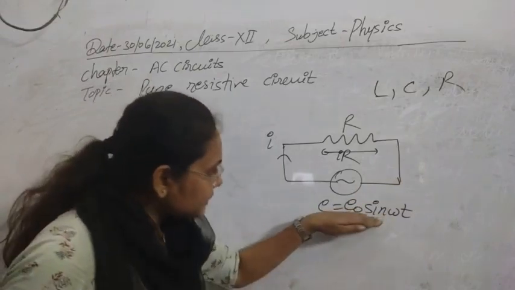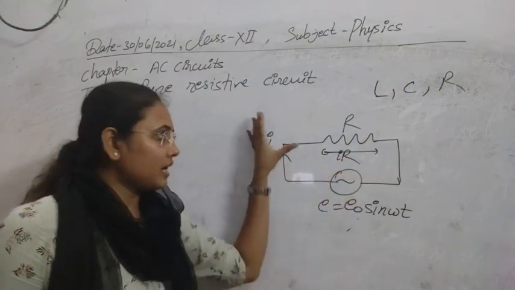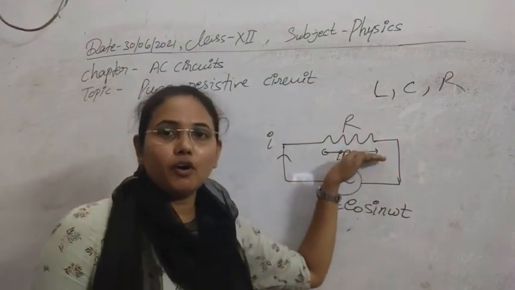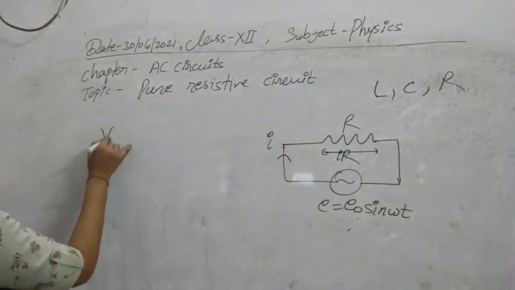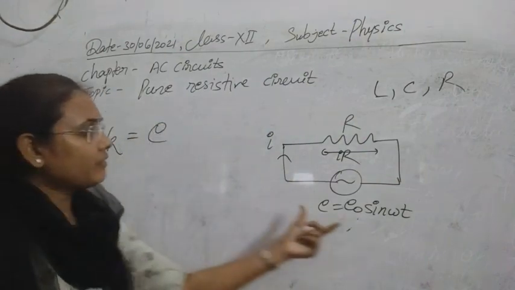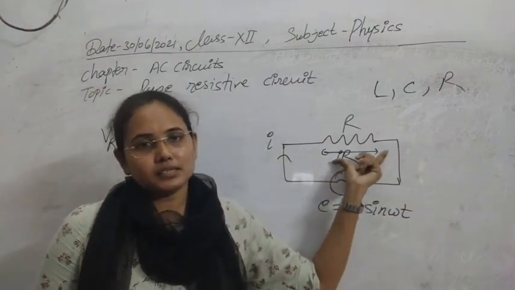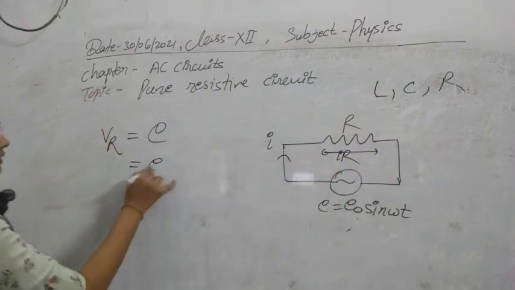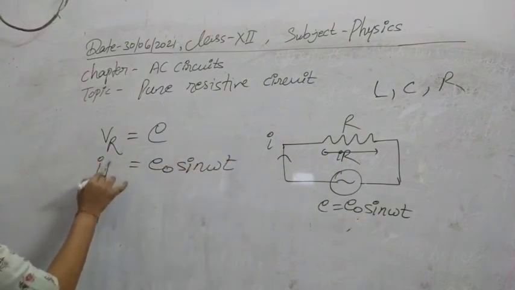Simply, whenever we apply this alternating voltage, a current will start to flow through the resistor, and the whole of this alternating voltage will be dropped in the form of resistive or joule heating. So the potential across the resistor is maintained by the potential that we have applied in this circuit. The input potential equals this potential drop, because there is a single component and all of the potential is utilized here. Equating, we obtain E0 sin omega t equals I into R.